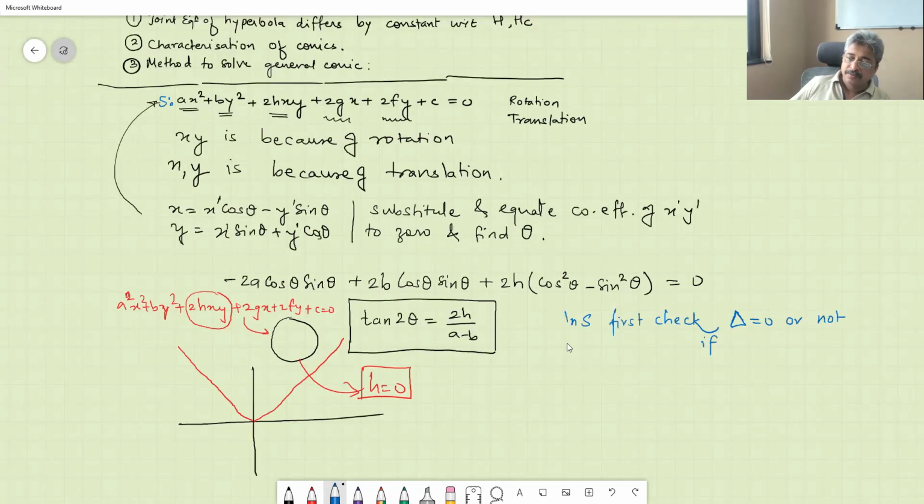If delta is 0, pair of lines. If not 0, conic. Okay, so that is your first check. Check delta. In the majority of cases the delta will not be equal to 0, unless somebody designs it that way. So that is the first check. The second check is